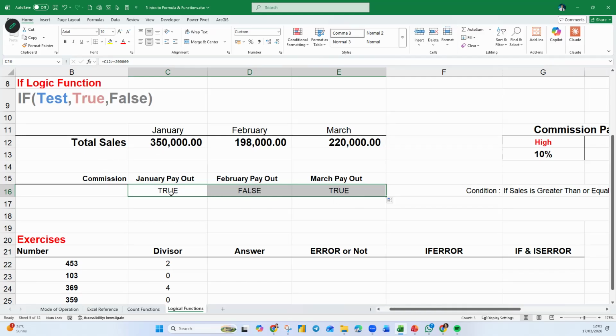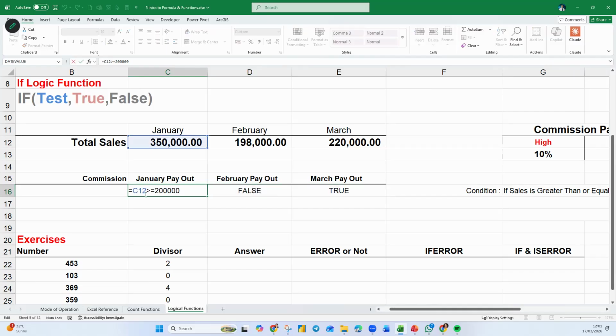So how are we going to calculate the commission? That's where now you know which month achieved, which month did not achieve. Now you want to know the value of that particular commission. So you put the if in front. Now you come back here. What are you going to do if this is true? You take this C12 and multiply it with 10%. You see what I type here? I take the value in C12, times 10%. Otherwise, I take the value in C12 and multiply with 5%.